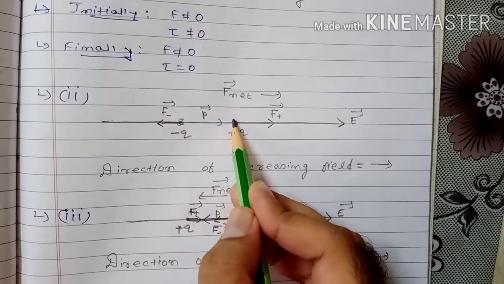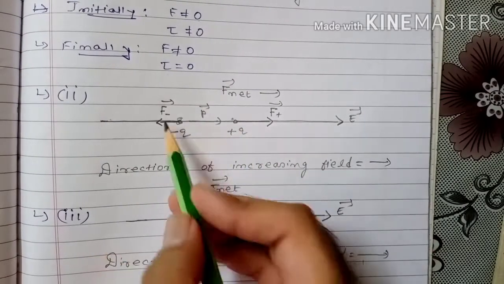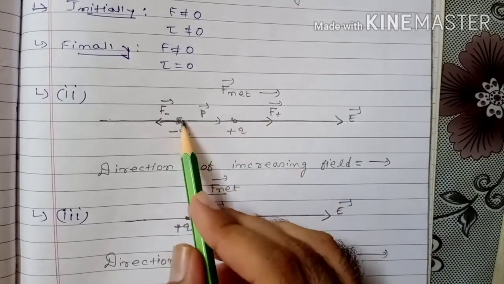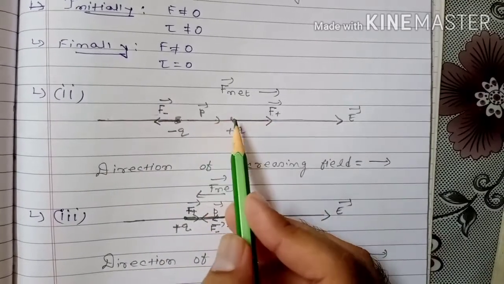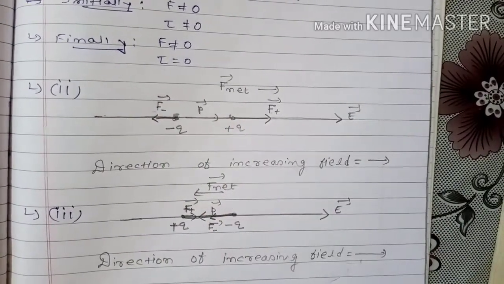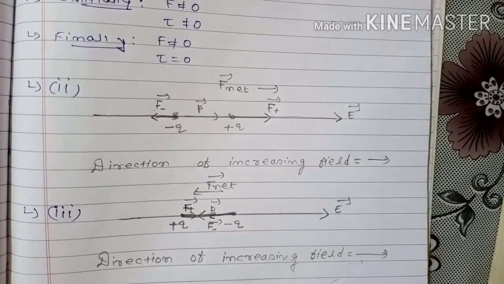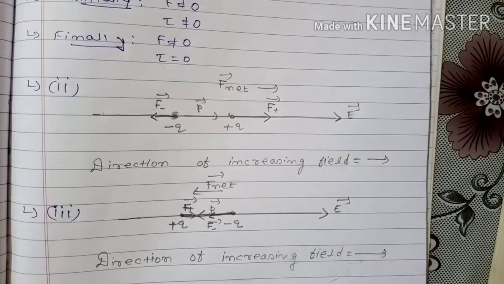Once again, the dipole is kept like this. P vector and E vector are both in the same direction. It means torque is zero. Force acting on the positive charge is more, force acting on the negative charge is less. Therefore, here the net force will not be zero. So whenever an electric dipole is placed in a non-uniform electric field, the net force is not zero. When it is placed in a uniform electric field, the net force is zero.